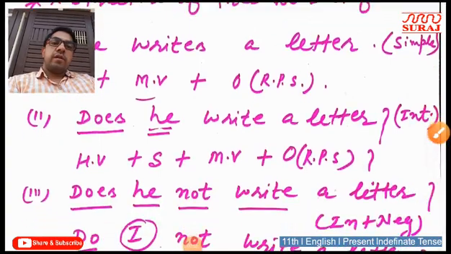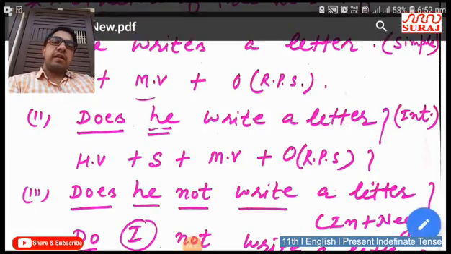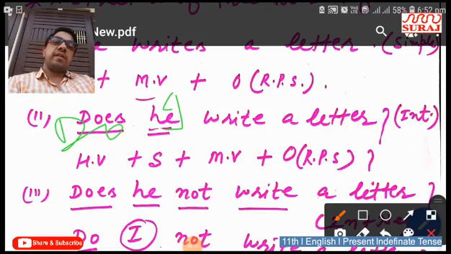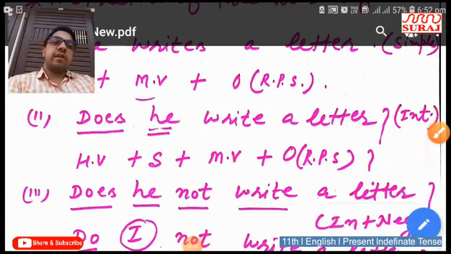Now, does he write a letter? This is the interrogative structure. I have already told you that interrogative sentences either start from the WH family or a helping verb. Does he write a letter? This is an interrogative sentence. Okay. If we write I in place of he, then we should use do. Okay. Helping verb plus subject plus main verb plus object, I mean to say the rest part of the sentence. At the end of the sentence we should put an interrogative mark in an interrogative sentence. This is the structure of an interrogative sentence.